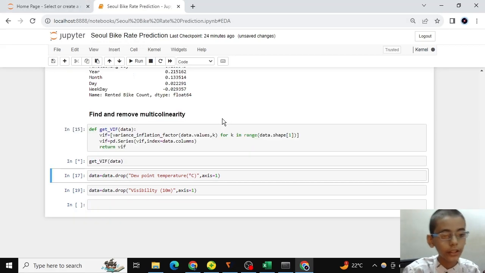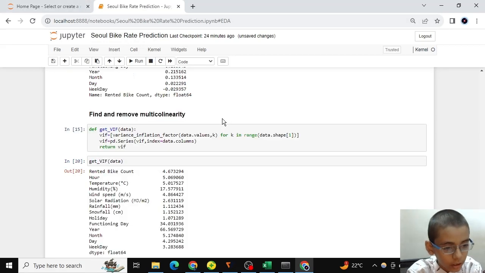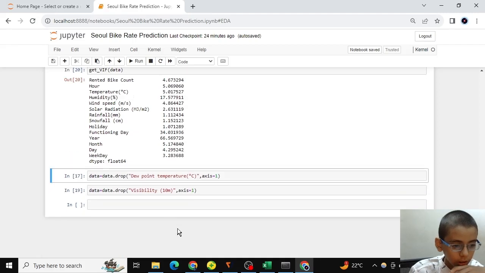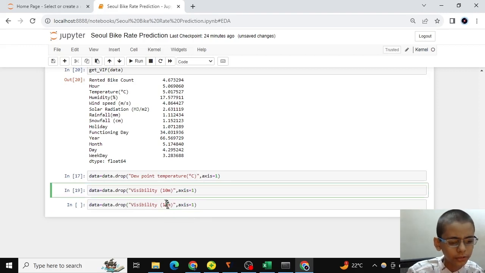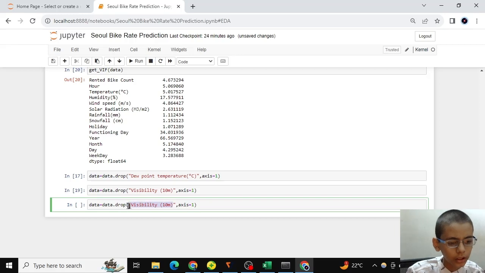And if we run it again, humidity VIF is low. Now we can drop two features also, because they are less correlated to our target column, very less: day and weekday.